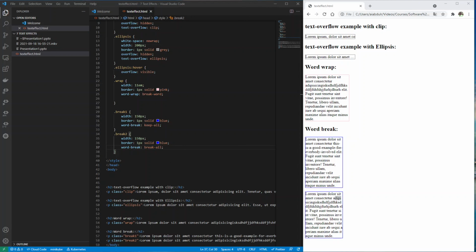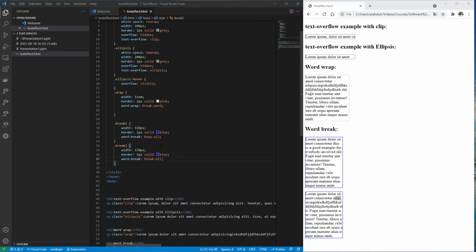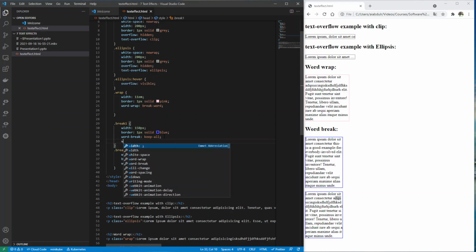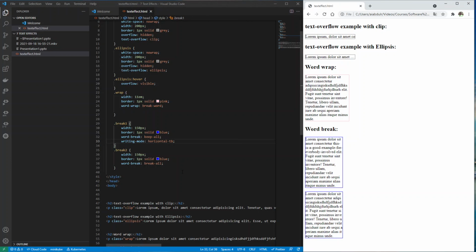Finally, the writing mode just specifies whether lines are horizontal or vertical. And so we can take a look at how that is achieved. So for example, let's use one of these, right? So I can just say, I want to set the writing mode of this first one, break one. Let's set the writing mode, and I know it's going to look extremely horizontal, right? So we're going to set it horizontal. And when I refresh this, sorry,